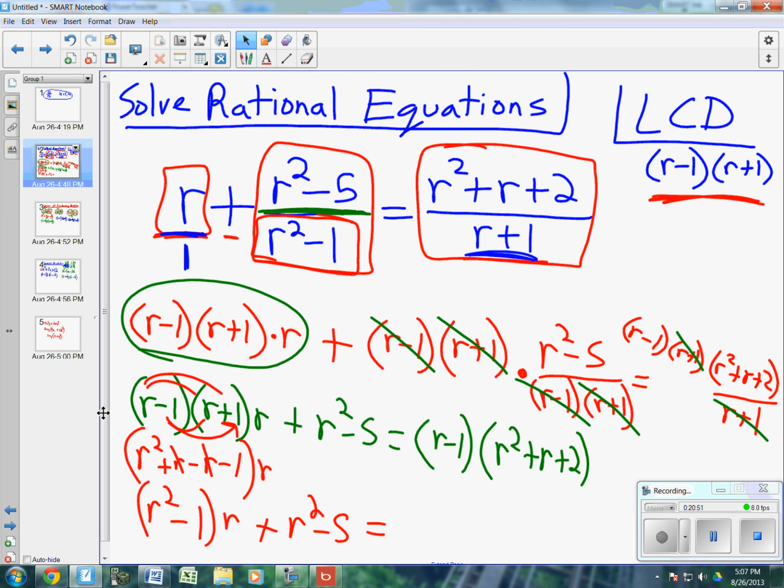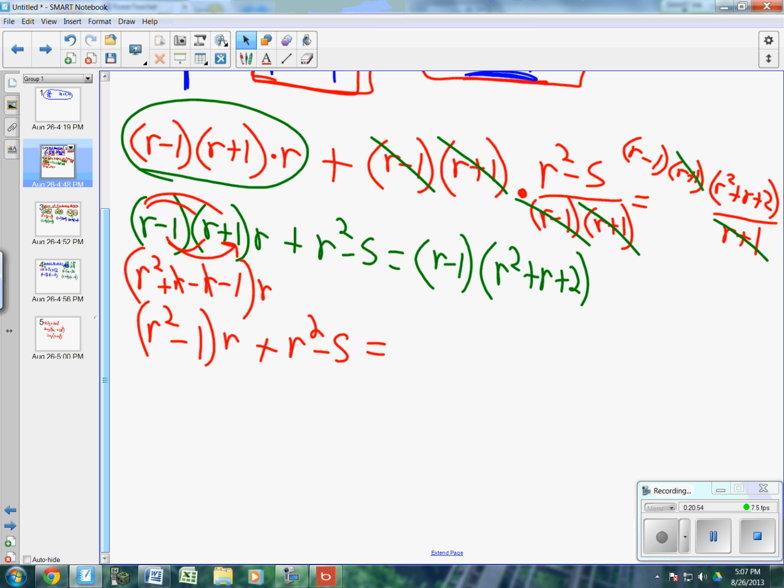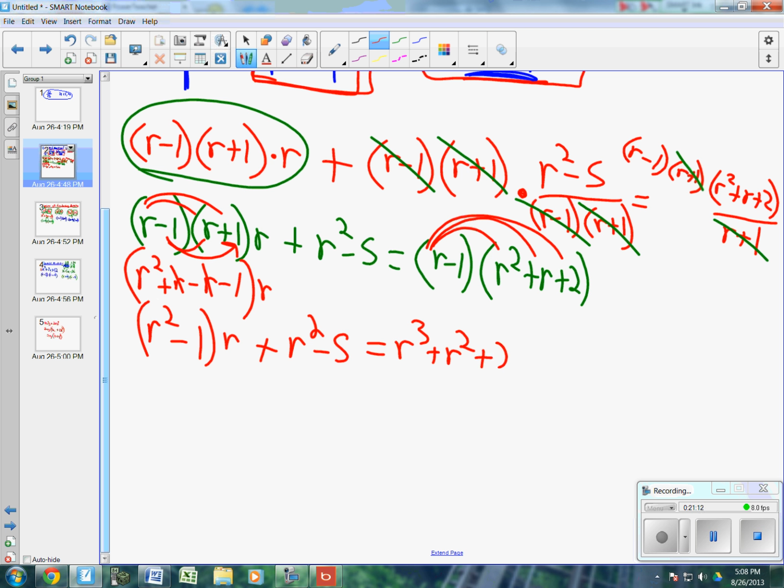equals, and I'm going to move this up for everybody, equals, on this other side, I'm going to have to distribute. R times r squared is r cubed. R times r is r squared. And r times 2 is 2r. Then I've got to distribute the negative 1. Negative 1 times r squared is a negative r squared. Negative 1 times r is negative r. And negative 1 times 2 is negative 2. So,